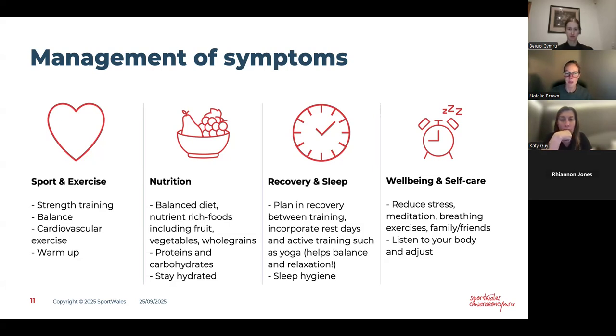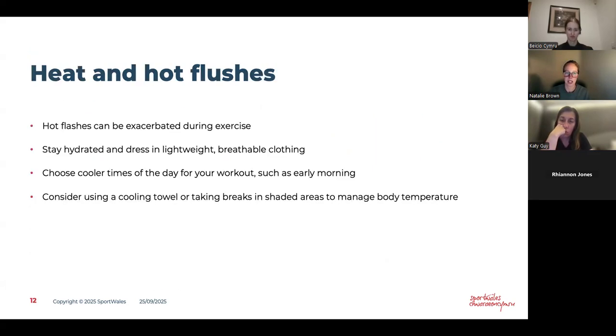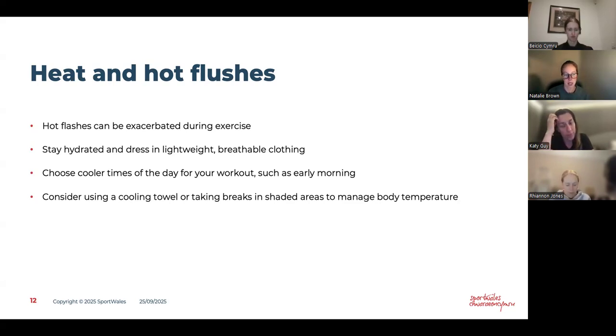One thing that doesn't really fit into any of my really nice, neat categories is heat and hot flushes. So I've put this as its own, and potential ways of, not necessarily from a lifestyle perspective, but non-medical strategies that we could use to help manage heat and hot flushes. They can definitely be worse during exercise, and potentially within the summer as well, or if you're abroad, in warm weather. I mean, moving into winter now, you might be grateful if you're having a bit of a hot flush in the UK to keep yourself warm.